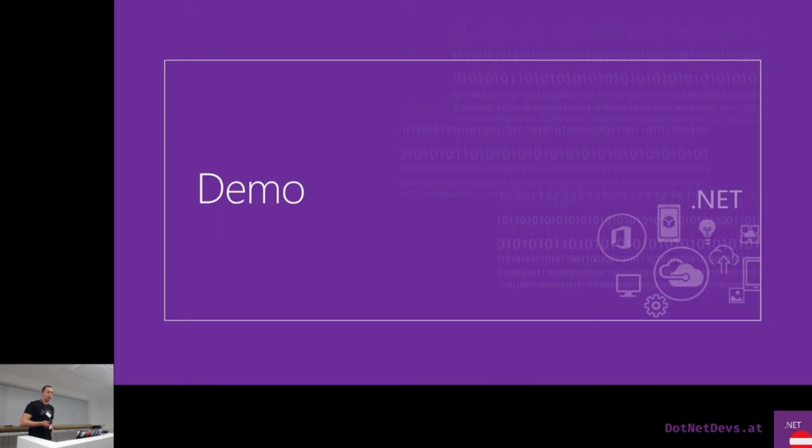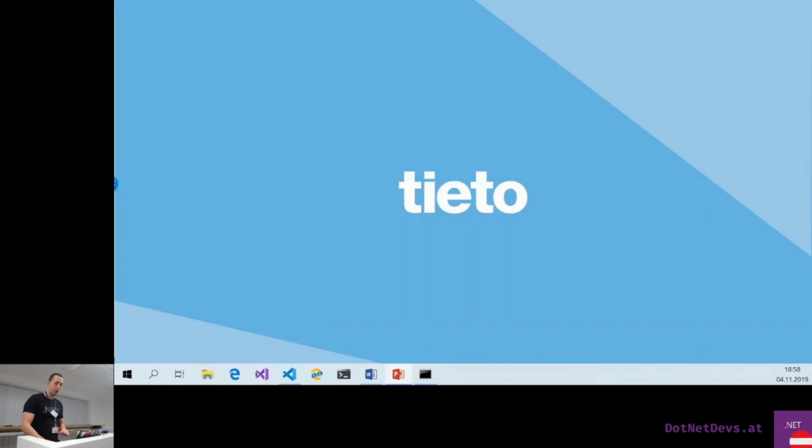So that's a lot. I'll show you a quick demo. There's no coding involved, just some show and tell, because this actually works. So this is an ASP.NET Core application. It hosts an Angular application. And what I did here,